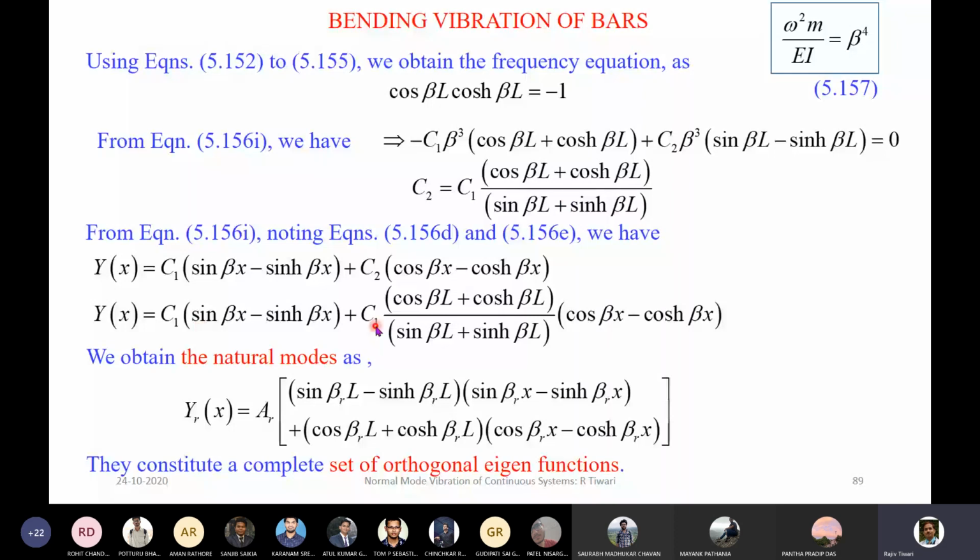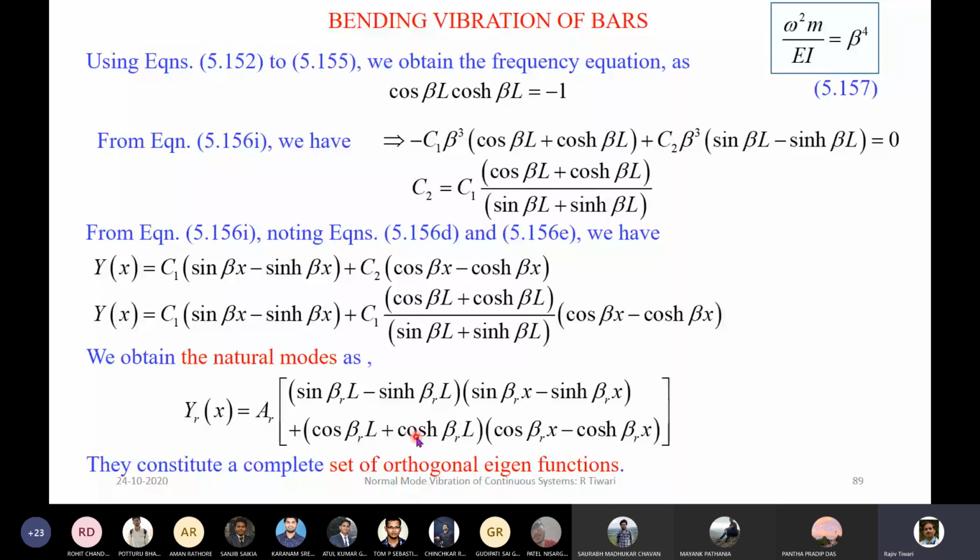I'm writing that C1 as A_R, and I'm attaching beta R subscript to all of it, representing that the frequency equation is giving an infinite number of solutions, beta R L. So those things I'm substituting here. So corresponding to the natural frequency beta R, if R is 1, here also we need to use beta 1. So this is the eigenfunction,